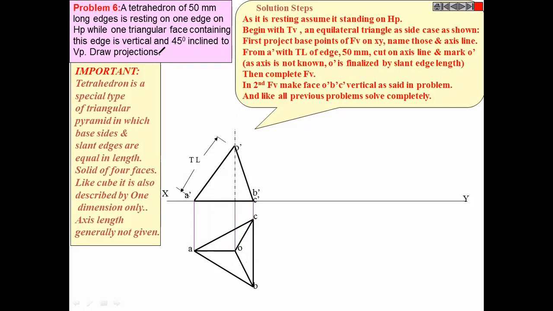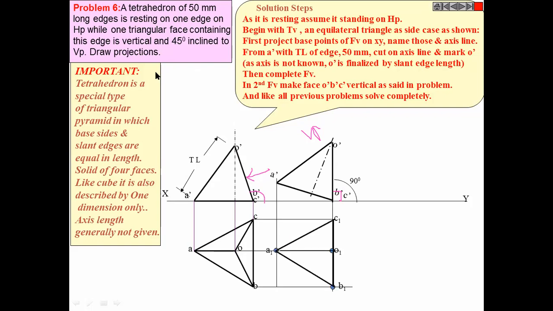Okay. What is the next step? We will see now. Now we will make this face perpendicular to HP. Now it's perpendicular to HP, so visible in VP only. So we are just tilting it such that this angle becomes 90. That's it. And we are regenerating everything like this. And then we'll do our usual thing, draw its projection like this.